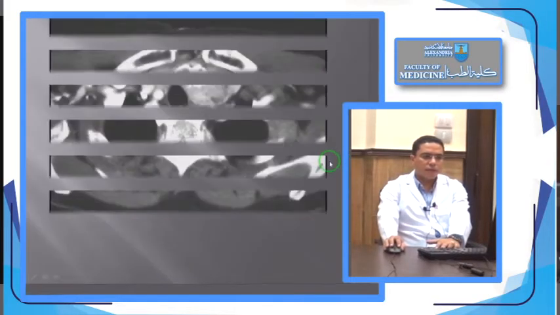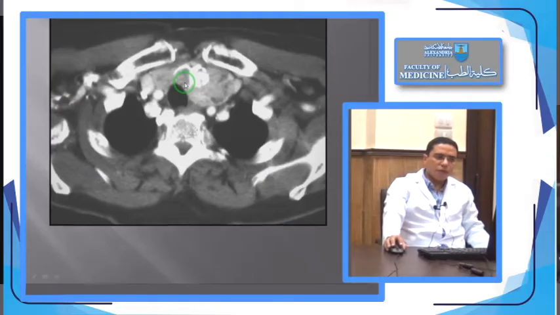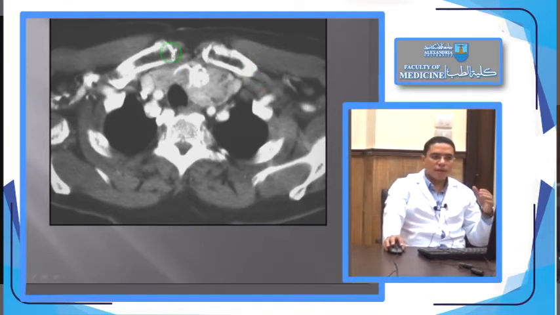This is fat. So if you have an image like this, what would be your comments? As I told you, you have to comment on the type of the study. This is a CT scan, right? Where? At the level of the neck, lower neck actually, because these are the clavicles. What is the view? This is an axial view.